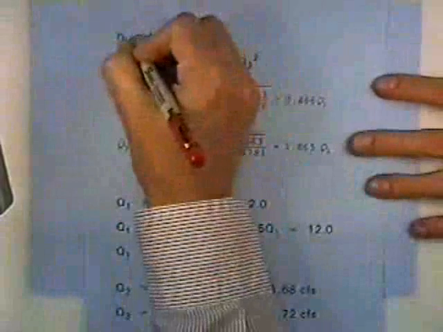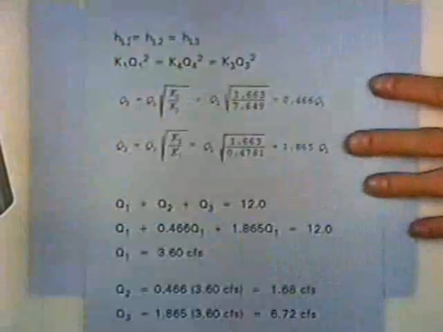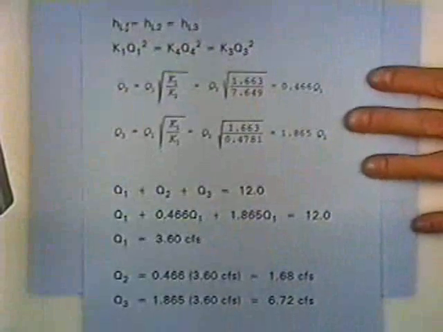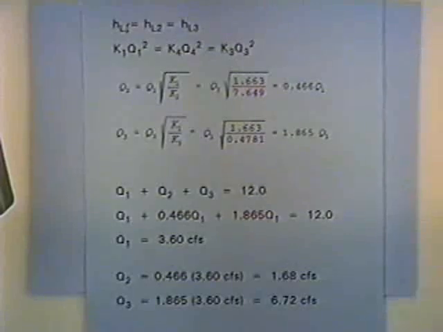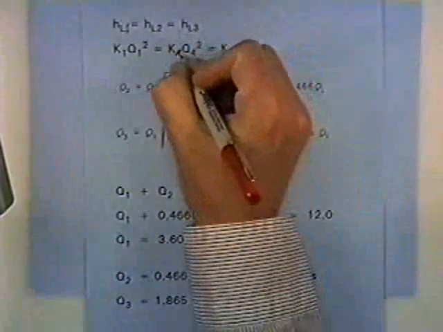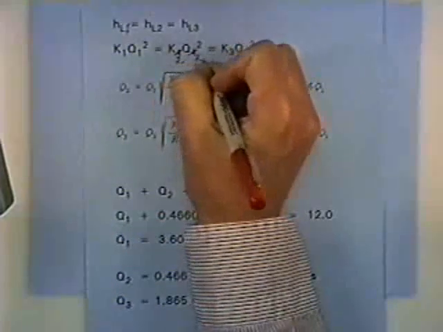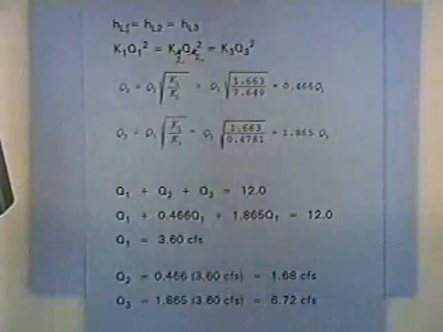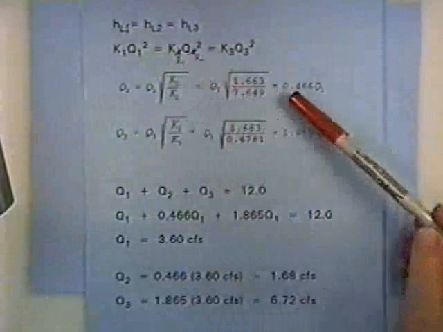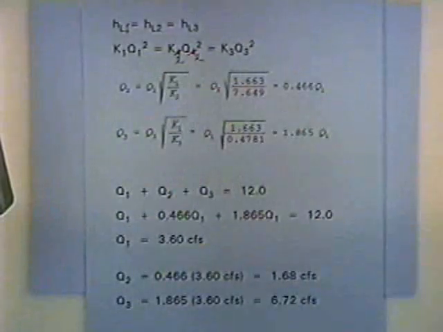I've left off another subscript, so let's put in a 1 here. And the head loss in pipe 1 is equal to head loss in pipe 2, which is equal to head loss in pipe 3. The expression for head loss is KQ squared, so plug in KQ squared for each of the pipes. I'm not sure what happened to my subscripts here. I'm having subscript problems. That should be subscript 2. Sorry about that. And then you can manipulate these expressions to get the flow rate in one pipe as a function of the flow rate in another pipe,